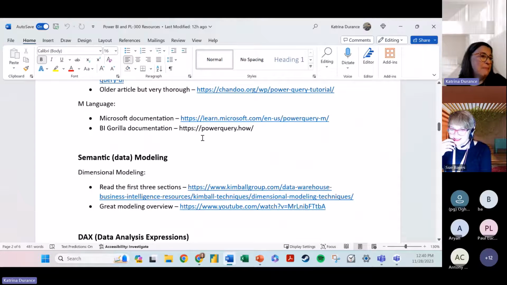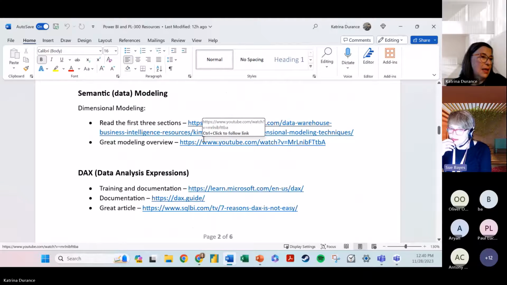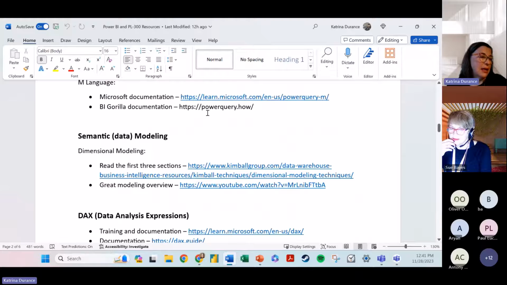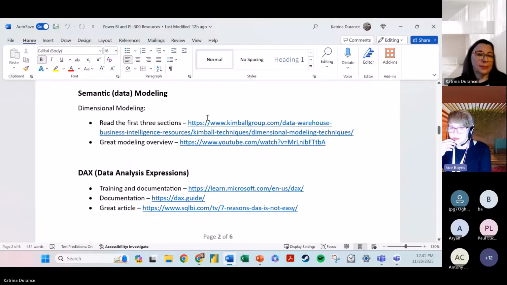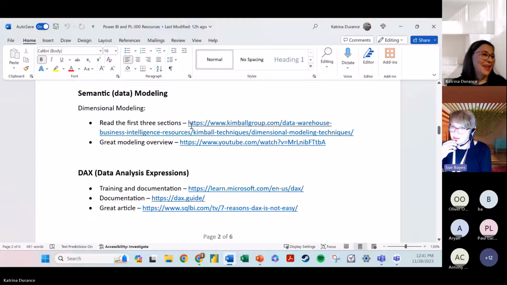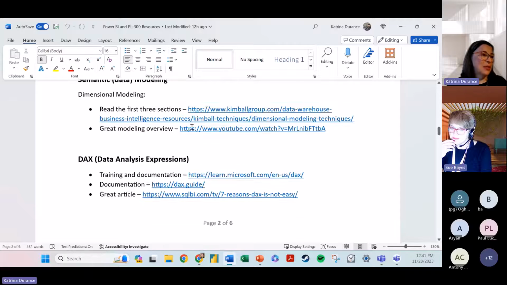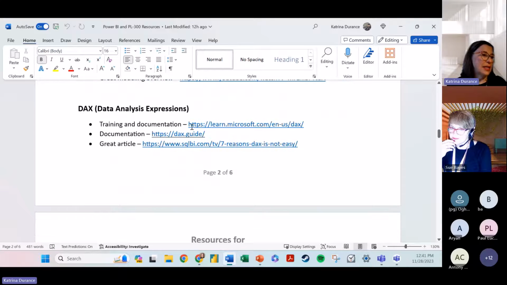And then some stuff on M. Oh yeah, BI Gorilla. He's brilliant, Rick. Yeah, that is an amazing site. That whole site is built using Power Query. And he's just posted some new functions that he's found that they haven't got descriptions for yet. I did not know that. No, that's fabulous. So, some dimensional modeling, DAX itself,